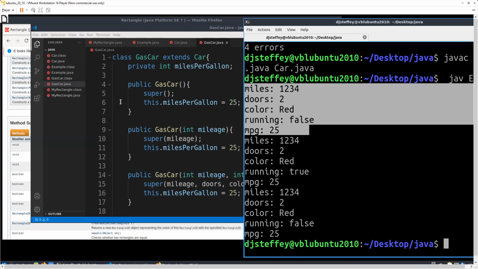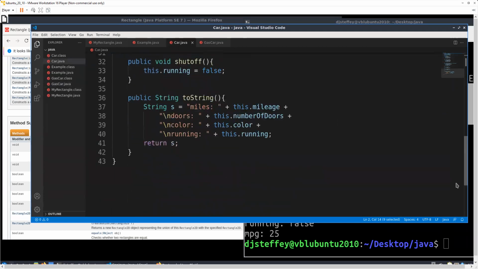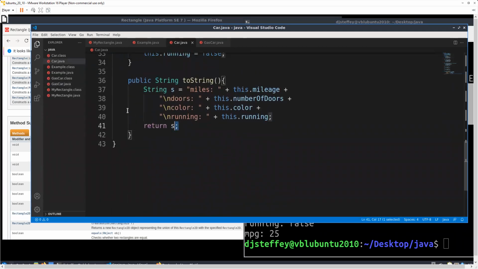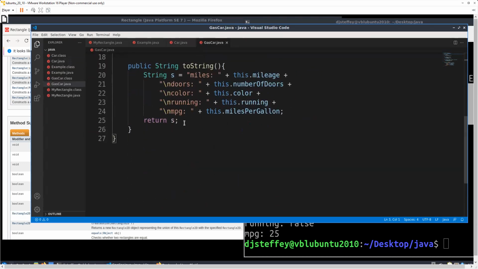There's still a little bit of a problem with this. If we look at car, at our toString, we have all this code for toString. What is the difference between it and the car's? They're almost identical, right? The only difference is gas car just added on this miles per gallon. Again, duplication of code is generally a bad thing. So what we can do,